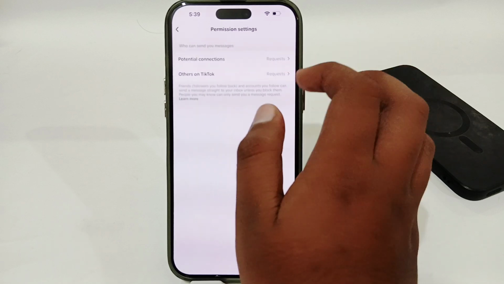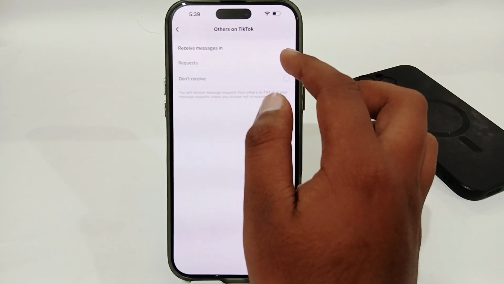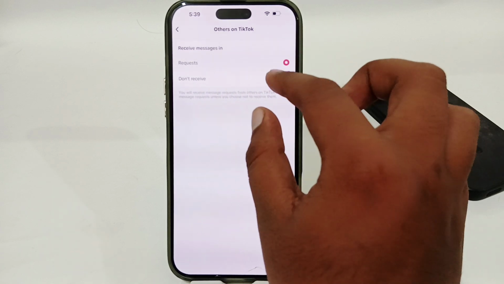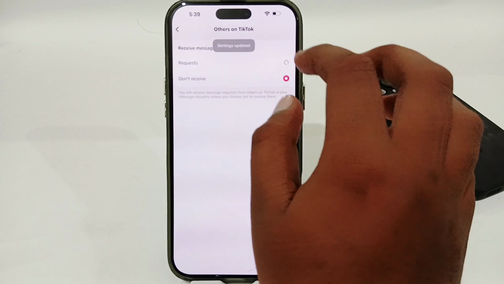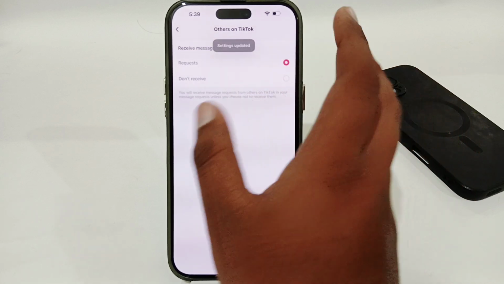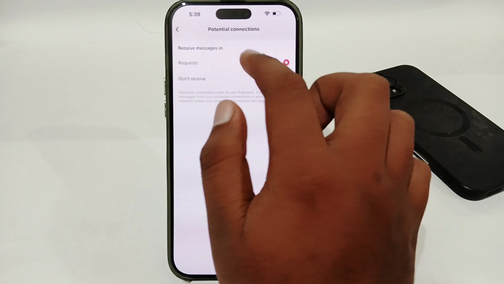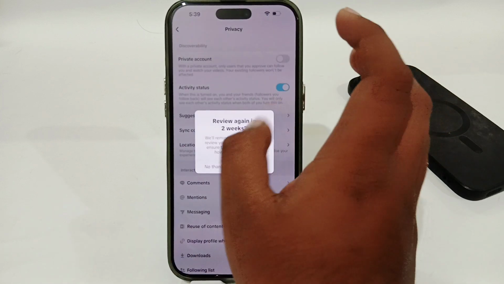Select that, and you have to select that it's on TikTok, and you have to select request or receive a message. You don't have to select the don't receive option or the third option. Here it will block messages. So once you have selected the second or the first option from here, you also have to select the second or the first option here, and once you have done so it will almost fix your issue,